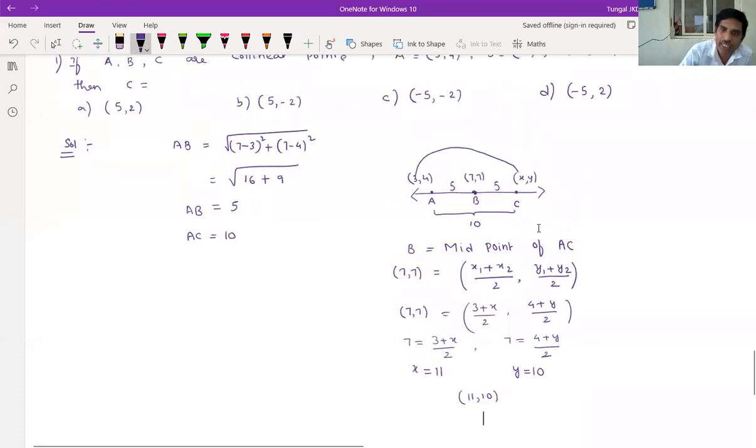So how to take? This is a wrong entry. Why did I write it? We don't know whether the points A, B, C are in which order. First point, what is that? Second point, what is that? Third point, what is that? Suppose you take A, B, C in that order. Suppose AB distance is 5 and AC distance is given as 10, then BC distance should be 5, but we won't get a BC distance of 5. So now what we have to do, understood?